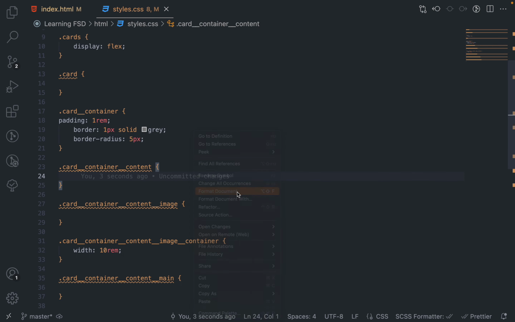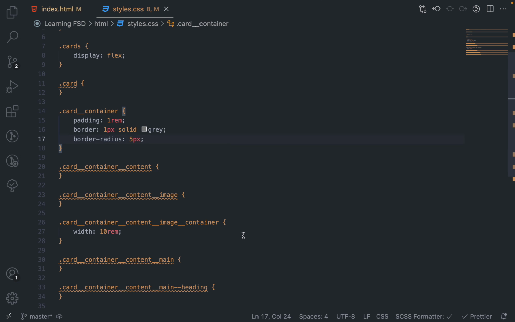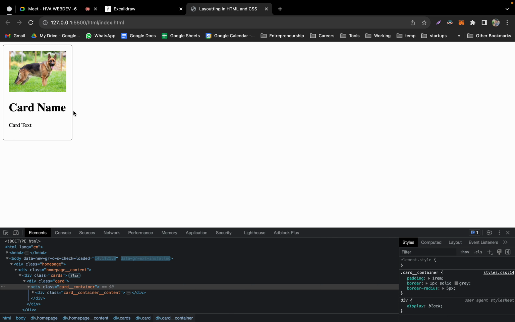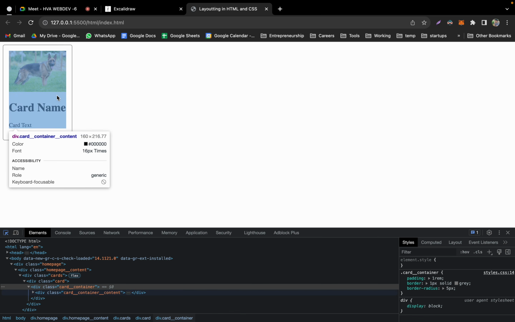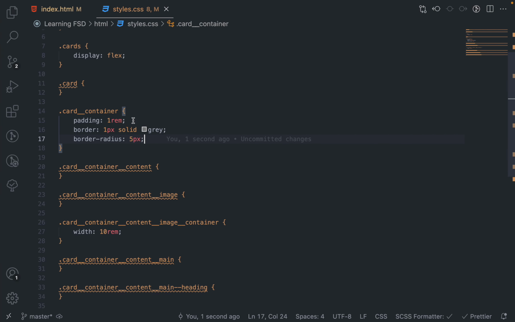And we will do size formatting. That's it, okay? So see, everything is looking fine right now. Now what else we want to do here? Basically we have given the padding and all, right? Padding we want to give on, say, container, not on this container but on this content only.